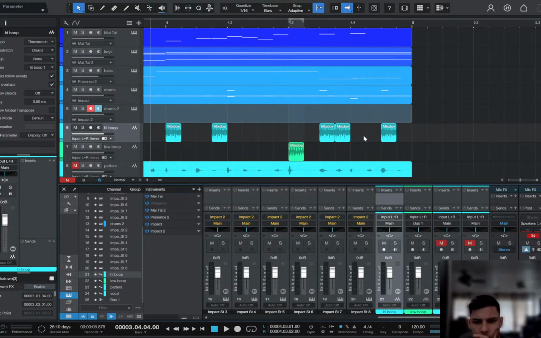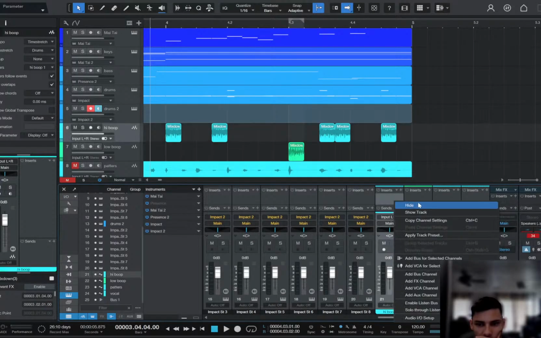I need a bus. So I take this, a mix of things. This is the bus. Okay. So I route this to the bus by doing